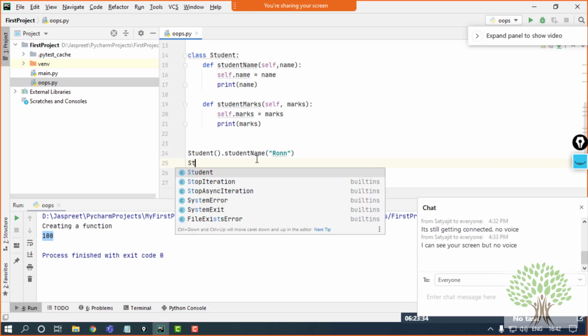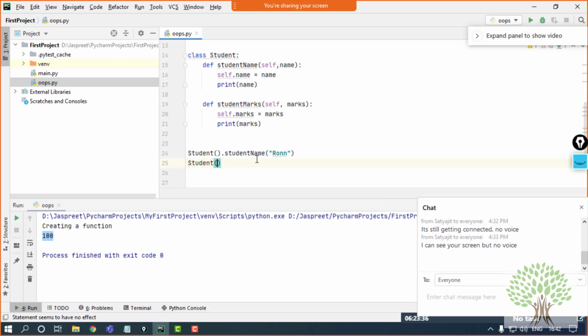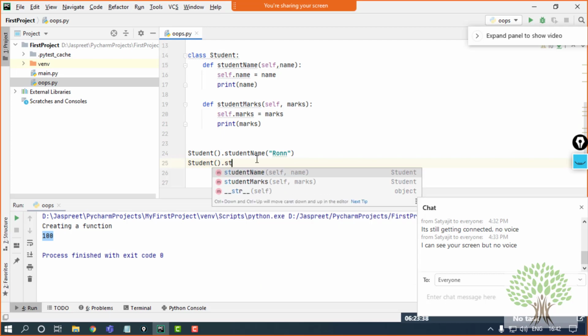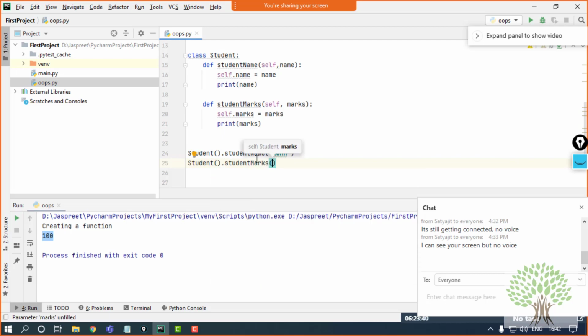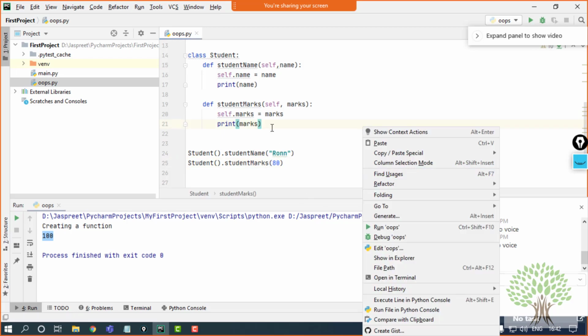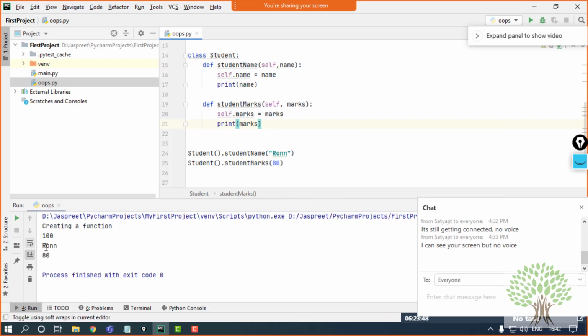So I'll just do the same thing, student dot student marks. This is what I get. The syntax that we have studied so far goes on like this only, right? So over here I get the value of my name and the marks.